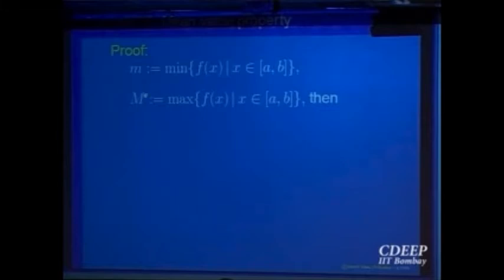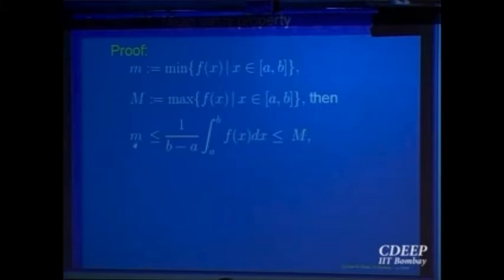These two numbers exist and they are taken at some point in the interval [a, b] by the property of a continuous function. Small m is equal to f at some point in the interval, and capital M also is taken. Maxima, minima are attained for a continuous function. That is important. So small m is less than or equal to 1 over b minus a times the integral, which is less than or equal to capital M.